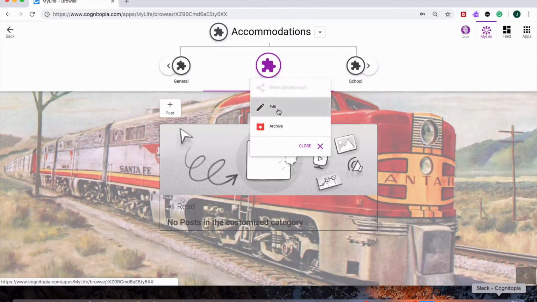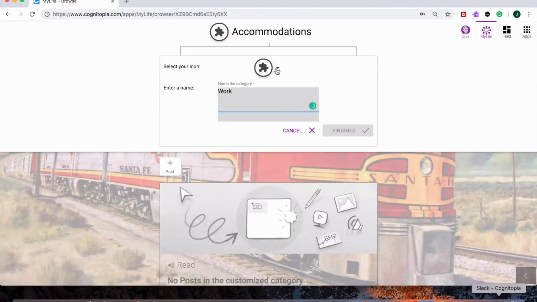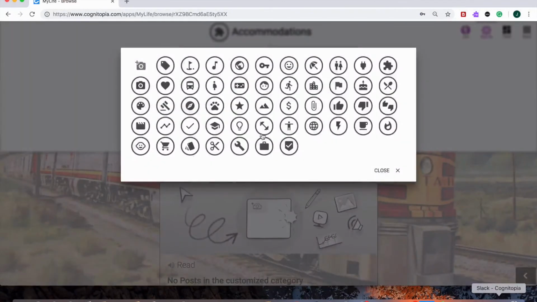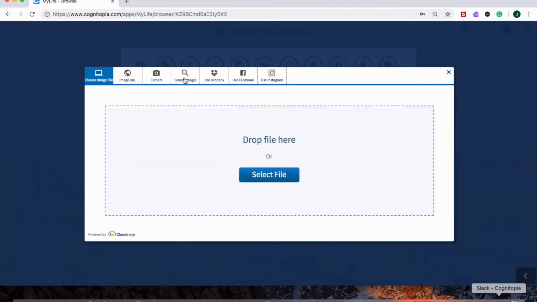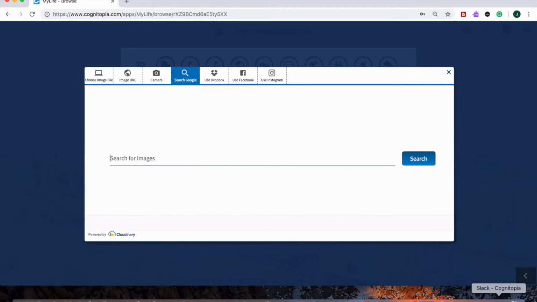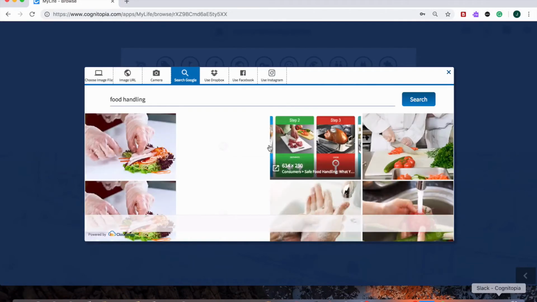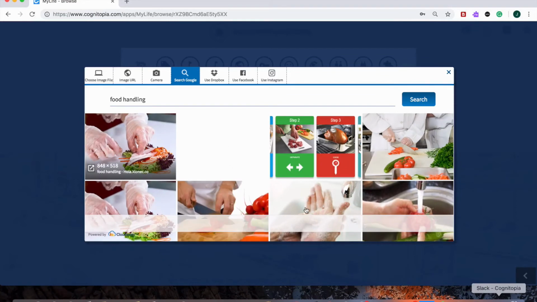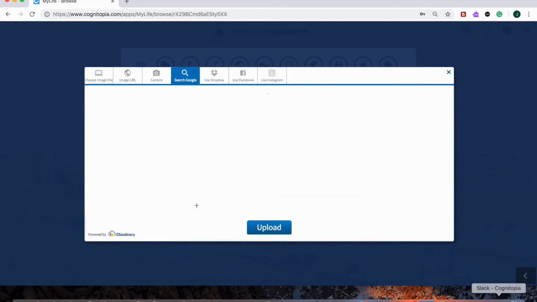We can do that here under Edit. Click, and we could use one of these sample images. Or for John, work is really around food handling, so we're going to do food handling. He's been working at Mod Pizza, and since it's knife skills,